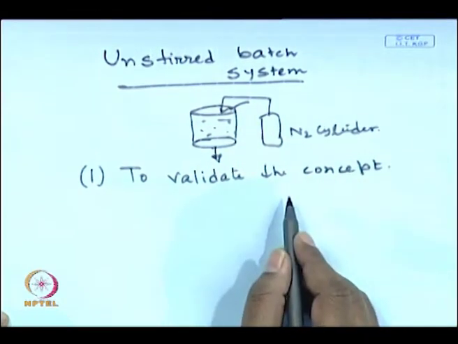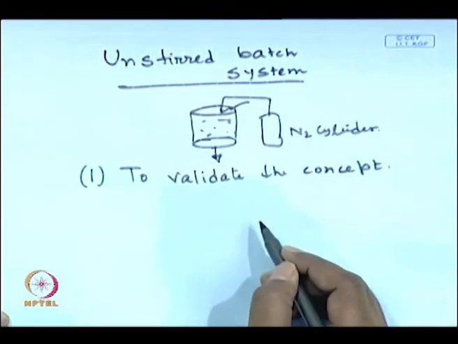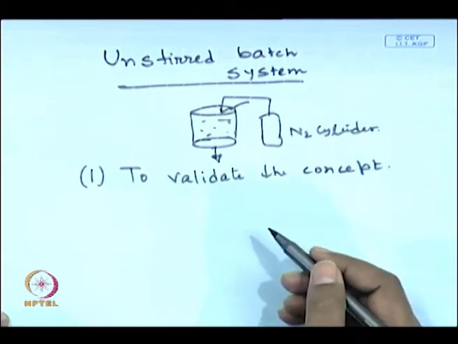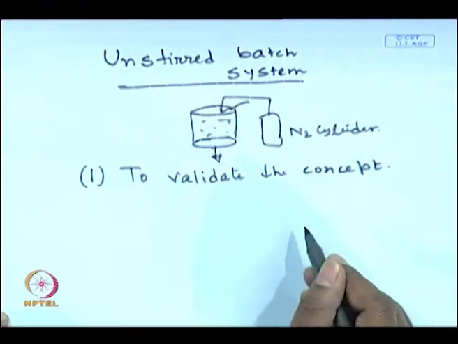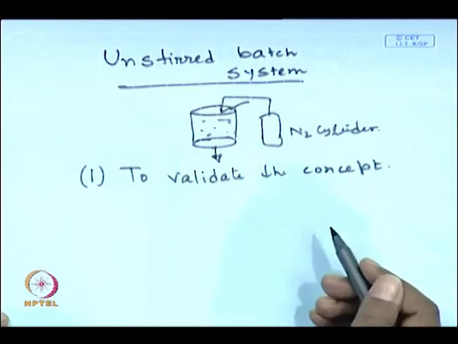First one is to validate the concept. What is the validation of the concept? Suppose you would like to treat some effluent or some fruit juice or some kind of liquid stream. Now, which membrane do you have to select? You will have a wide variety of membranes. If you talk about the ultrafiltration membrane, you will have probably 10-15 molecular cutoffs. Which membrane do you have to select? That is a very crucial aspect. Before conducting any experiment, you have to identify which membrane is suitable for your particular purpose.